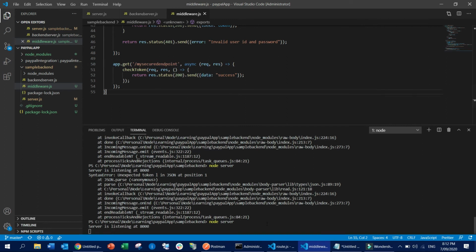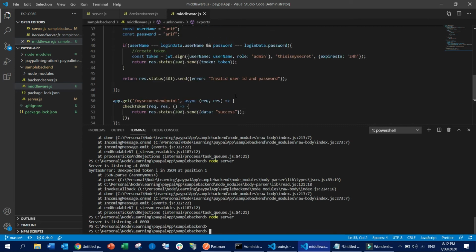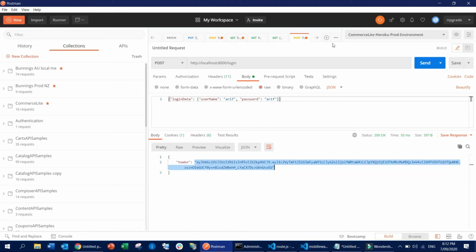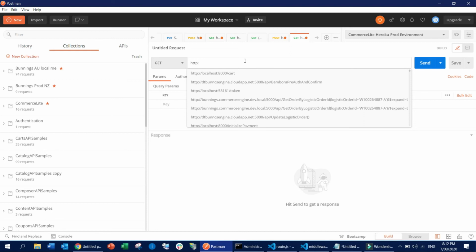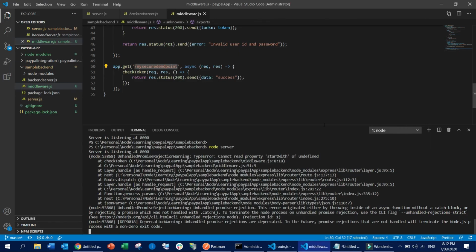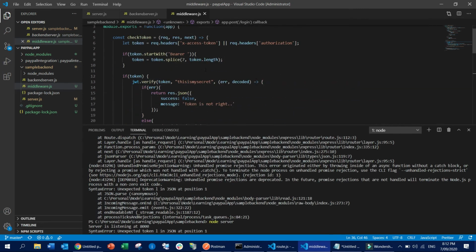So now what I'll do again, I will stop this one, and then I'll copy this one, I'll run again, and then here I'll say localhost 8000 / my security endpoint. Let's do this this way first. Okay, so it says startsWith is not found. Okay, so that's because